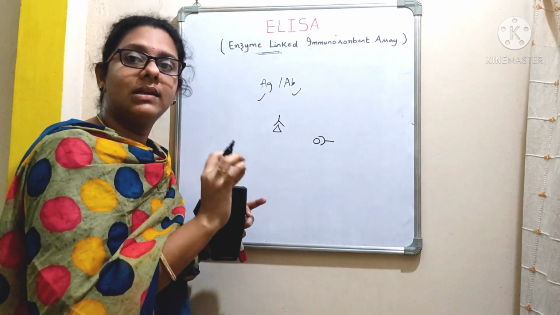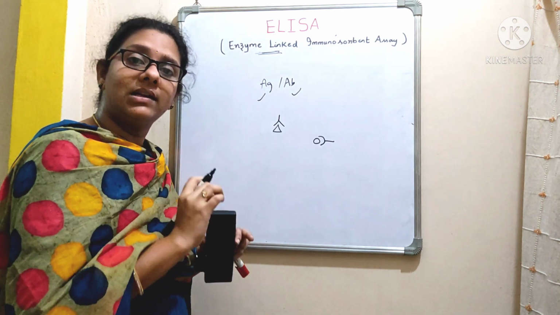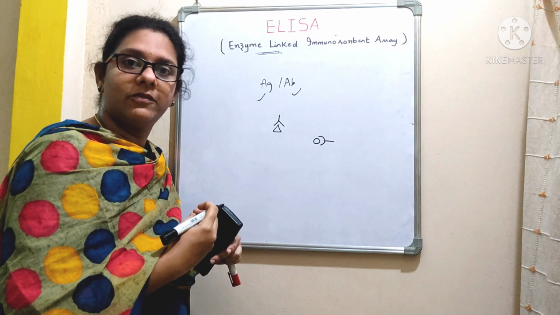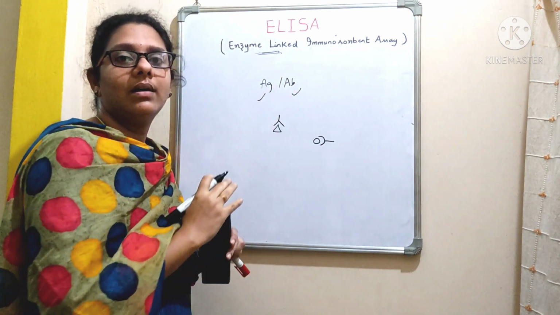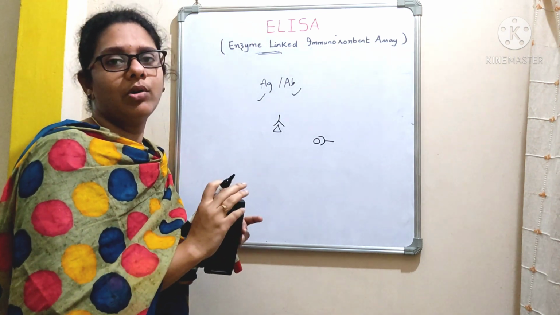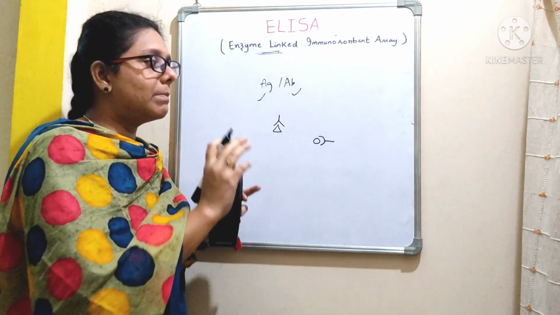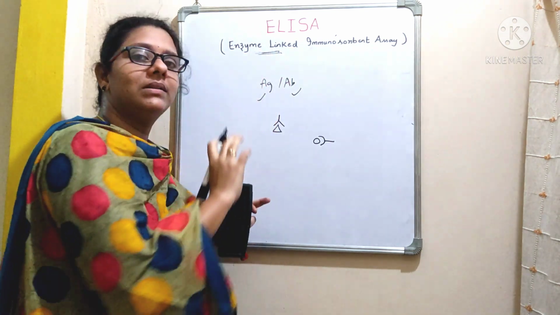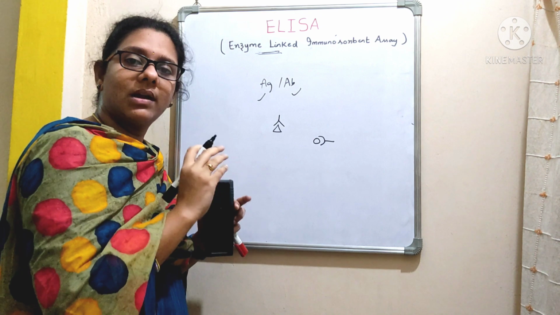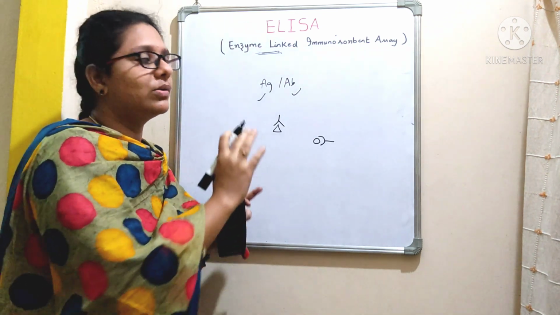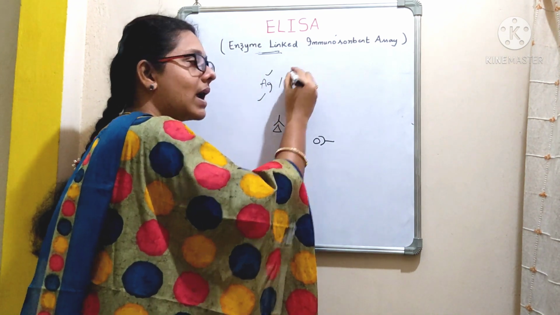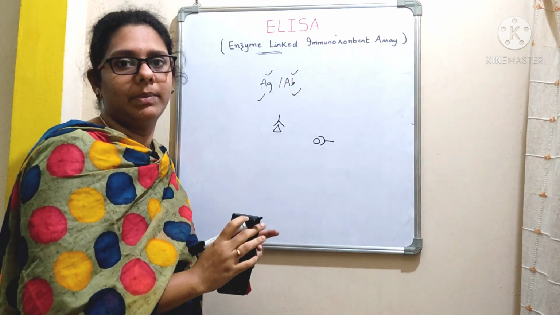Remember, the antigens are the foreign particles, whereas the antibodies, which are produced by our body as a part of immune defense, will be effective against the antigen. Always, this antigen and antibody interaction is specific. Based on that concept, this method of ELISA was developed. Here the antibodies that are conjugated with the enzyme were used as a marker for the detection of specific antigen or antibody in a biological sample.